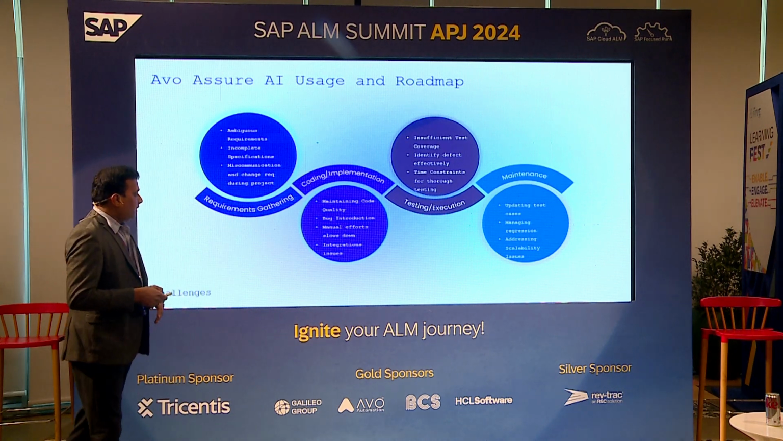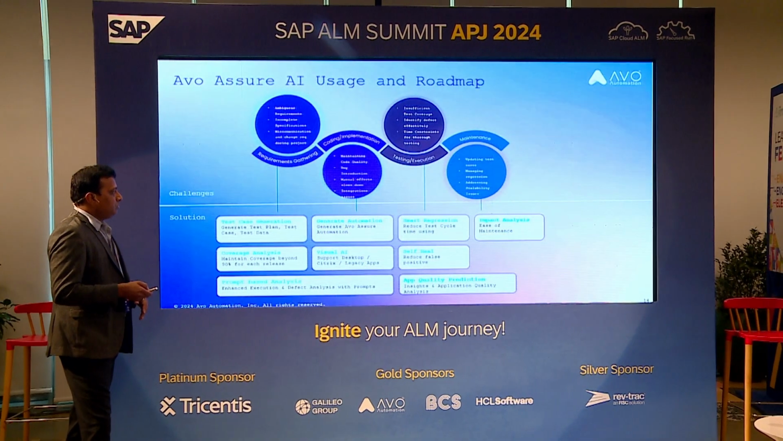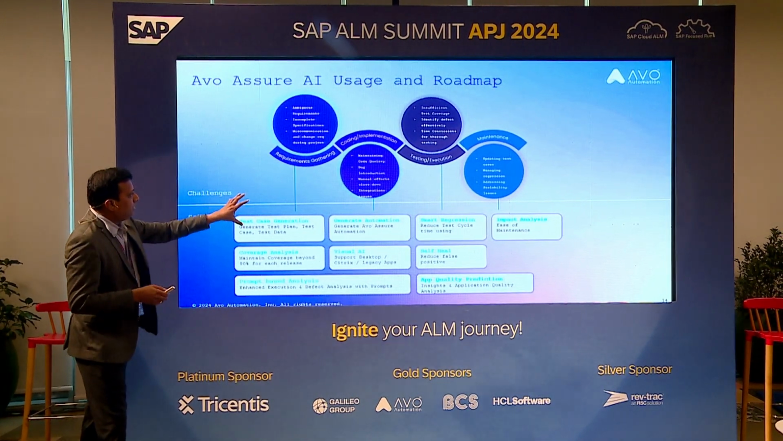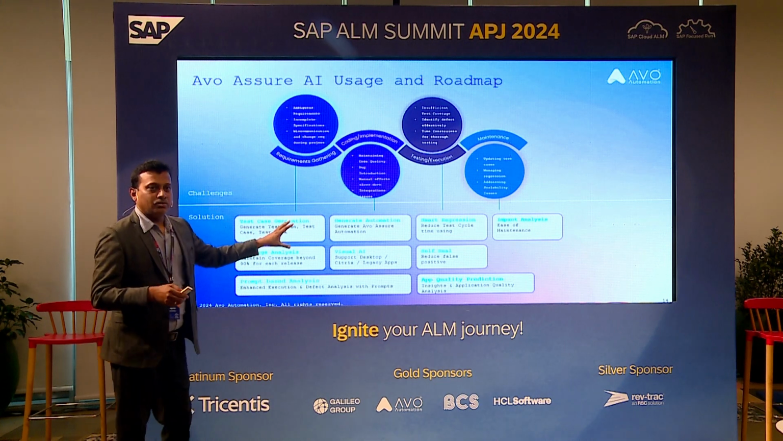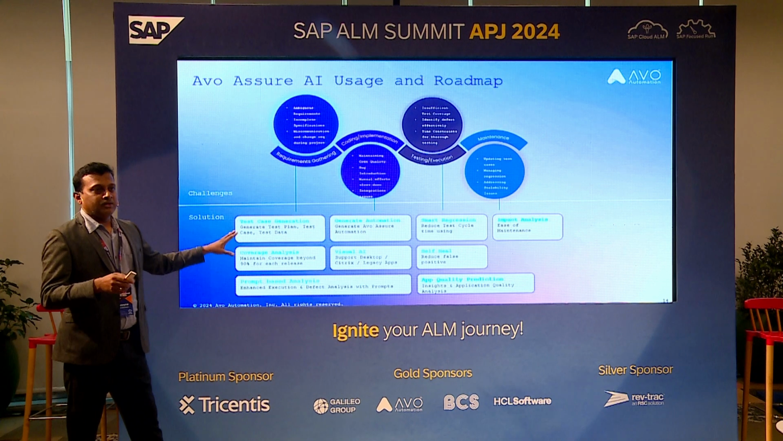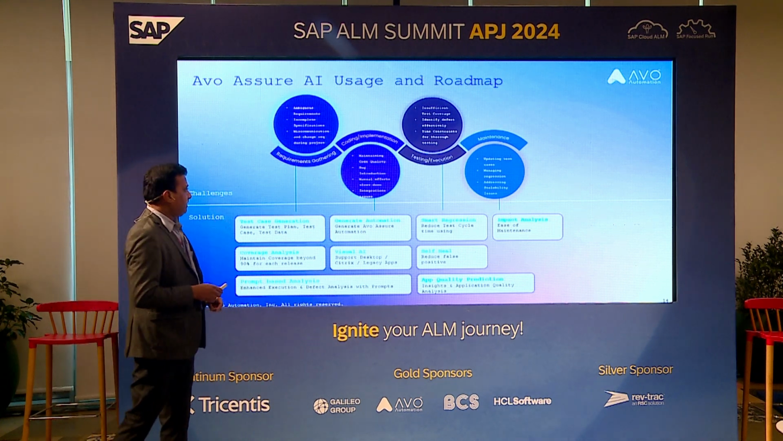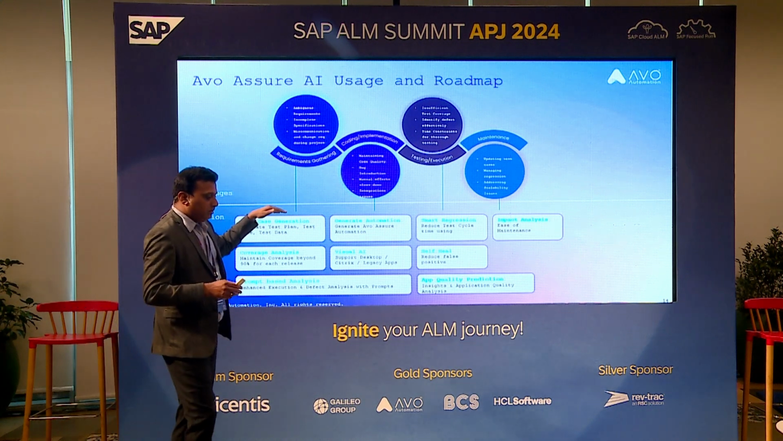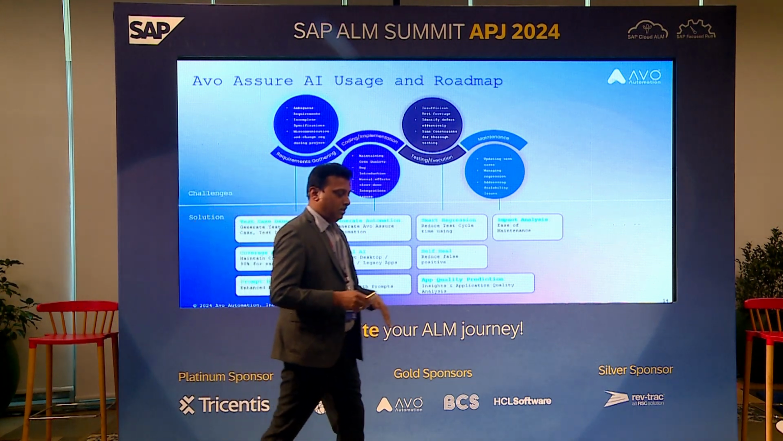So how do you visualize this now within our Avo platform? How do you fit your AI journey into this? This is very interesting. There are a lot of features coming in. I'll probably take 8 minutes to explain this as well. What we are trying to do, our goal, is to bring in Gen AI capability at each and every